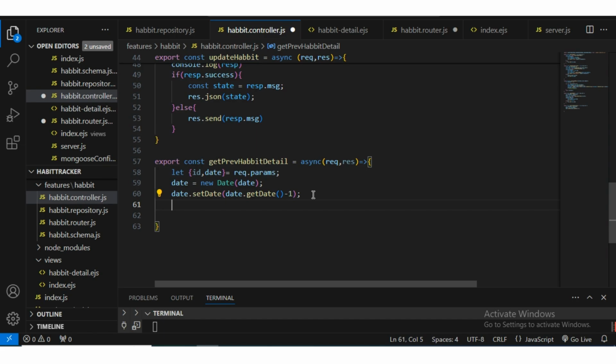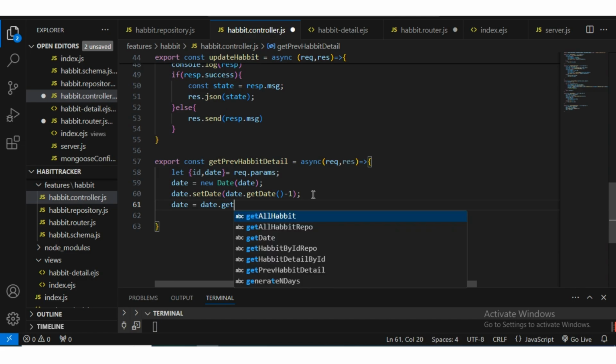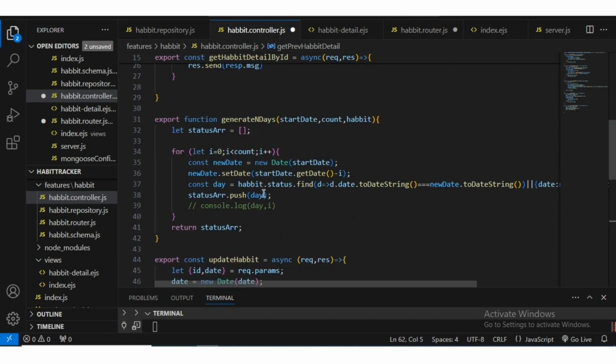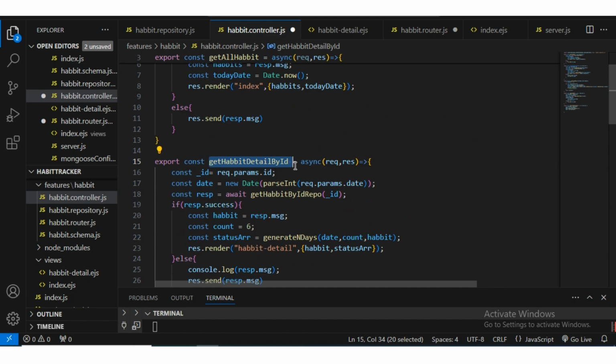To do that, let's say this date is going to be date dot get time. So get time function gives you time in millisecond, which is a number. So this is the number that we want. It is important to get this number, otherwise that predefined function will not be able to use it, because at one step we are assuming that the date that we are getting is in millisecond, and this is how we are storing the date in db also, in millisecond. Okay, so now we can call this function over here,